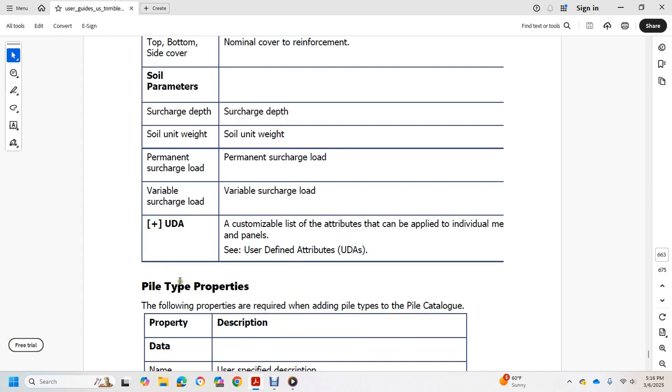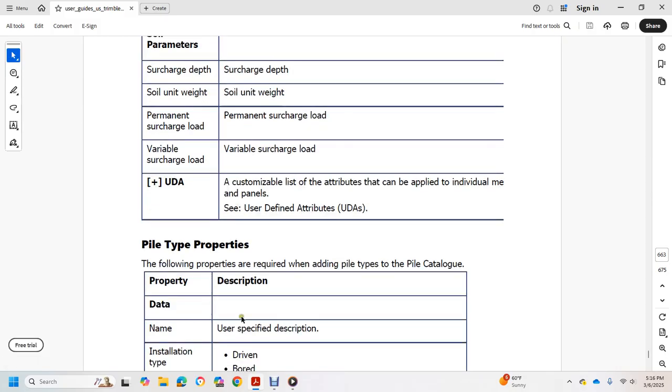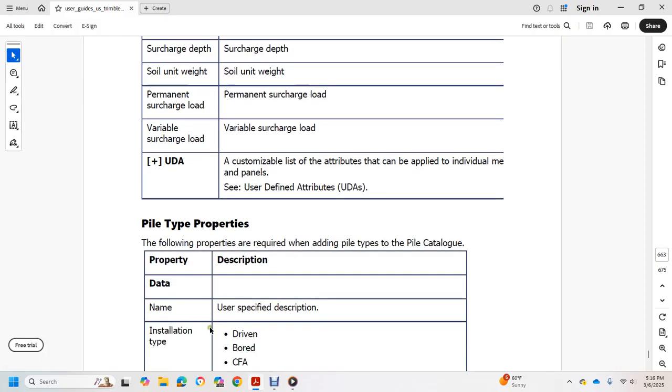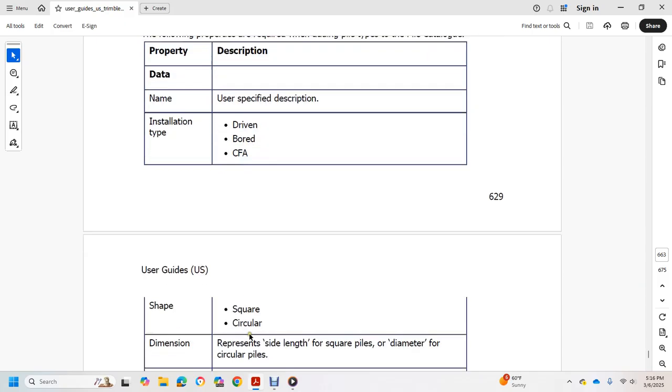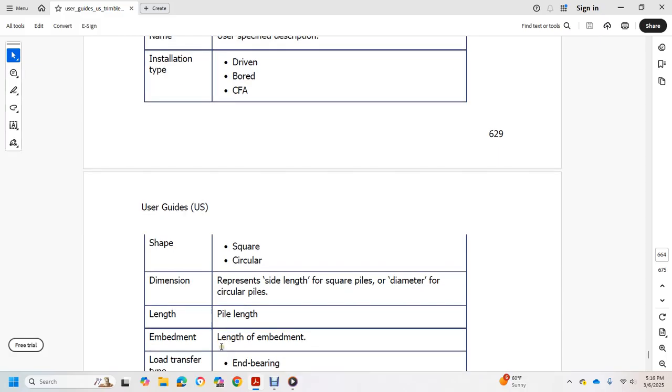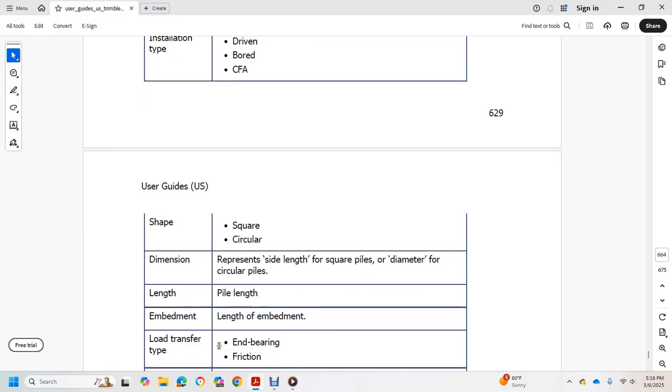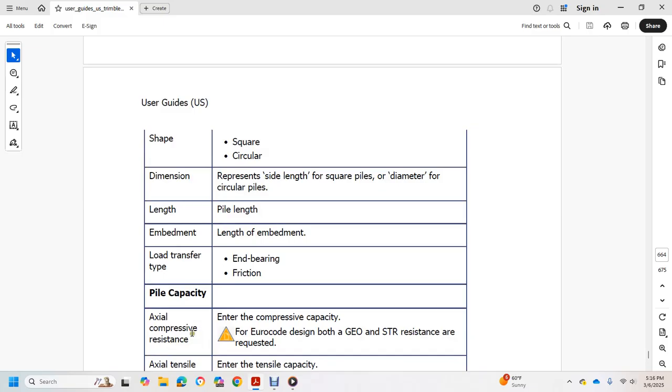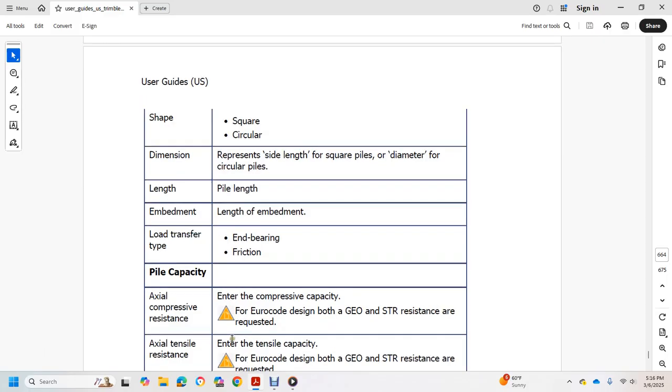Pile type properties. The following properties are for adding a pile type to the pile catalog. Property description: name, specify the description and installation type, driven, bored and CFA. Shape and size: square or circular dimension, the side length of the square pile, the diameter of the circular pile, the length of the pile, length of the embedment. Load transfer type: end bearing or friction. Pile capacity: axial compressive resistance, enter the compressive capacity of the Eurocode, and both GEO and STR resistance are requested. Axial tensile resistance, enter the tensile capacity, Eurocode design, both GEO and